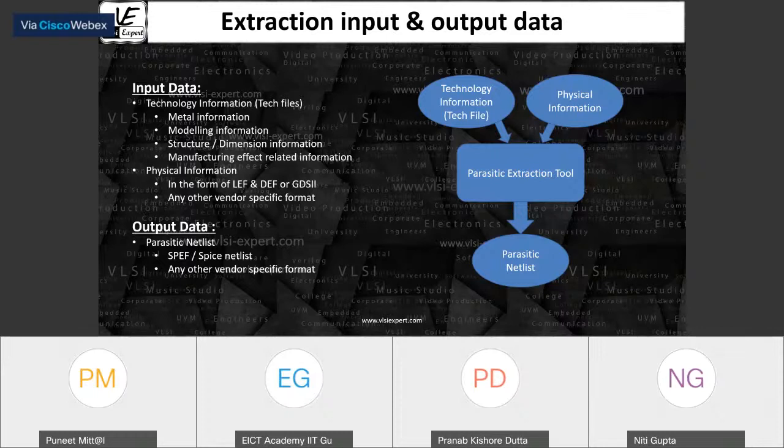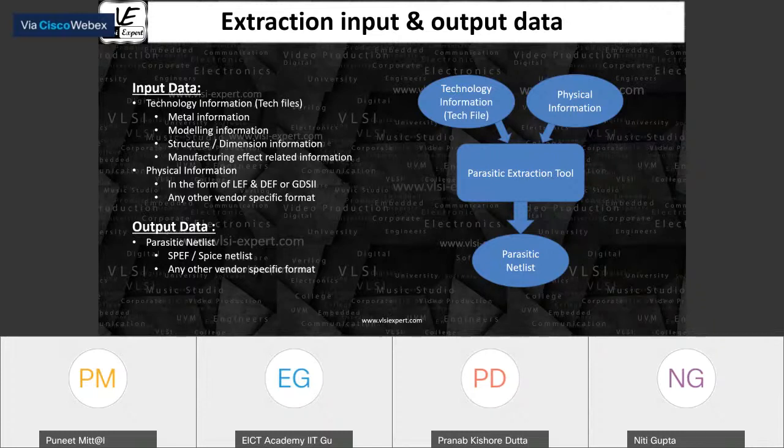Like, okay, in a technology file, all the layers are present, their minimum width, their width related information, technology related informations are present. So if you want to calculate the resistance and the capacitance, then you have to make sure like, okay, you have a technology file. The second thing is you are calculating the resistance and capacitance of a wire, and you